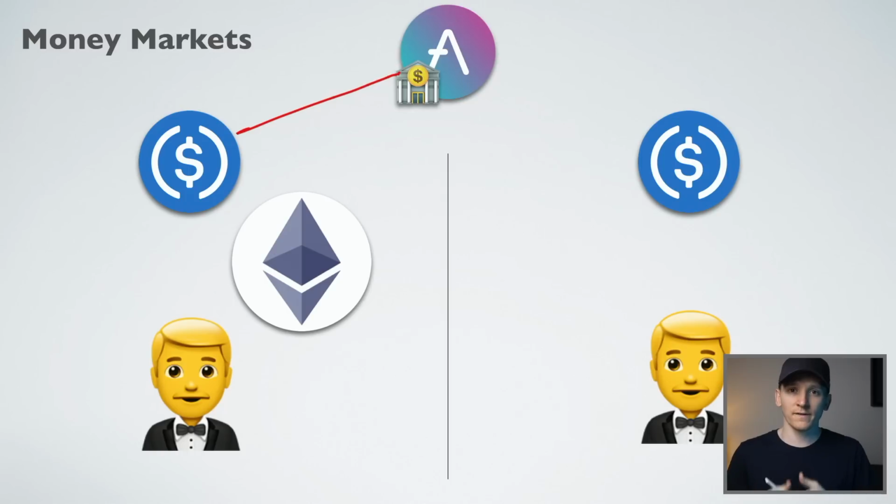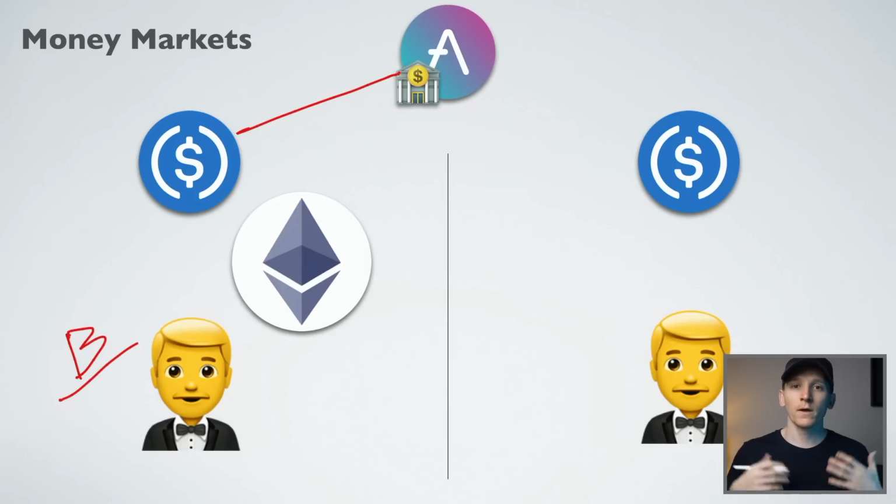Here's how Aave steps in. Aave becomes essentially a decentralized bank because Aave is the protocol in the middle that is dictating the free and open market for crypto assets. So we have a borrower right here who wants to borrow some dollars. Why does he want to do that? Well, he's bullish on crypto and he wants as many dollars as he can to go and invest in some projects.